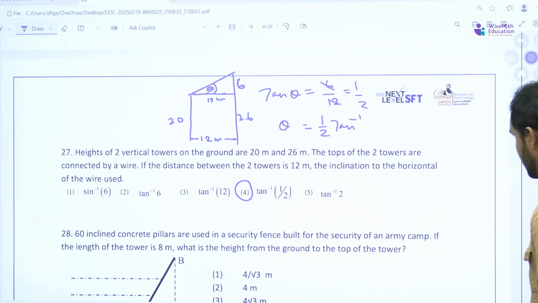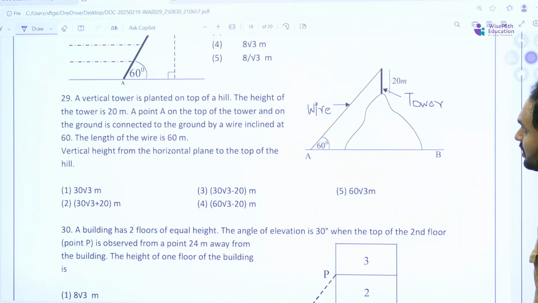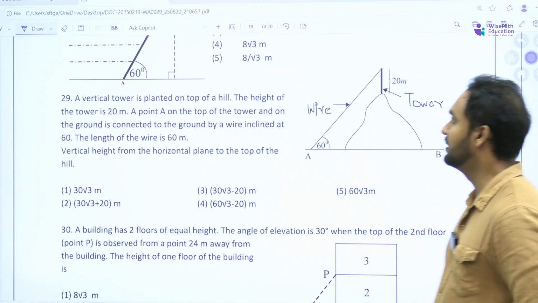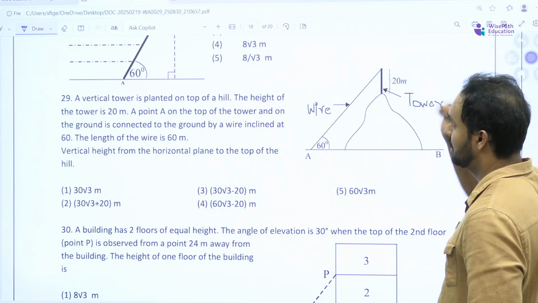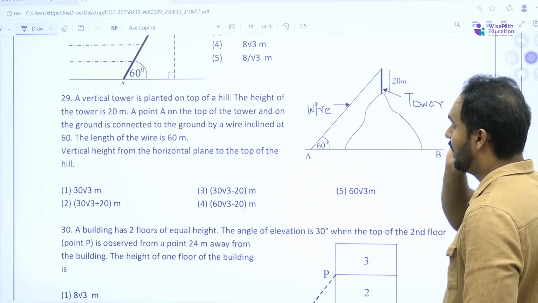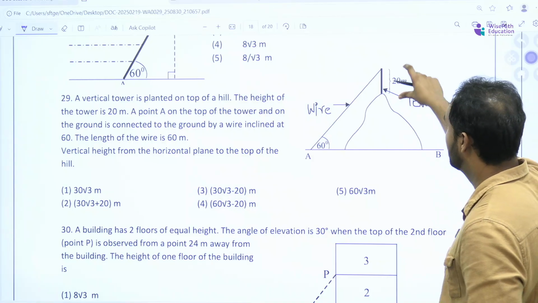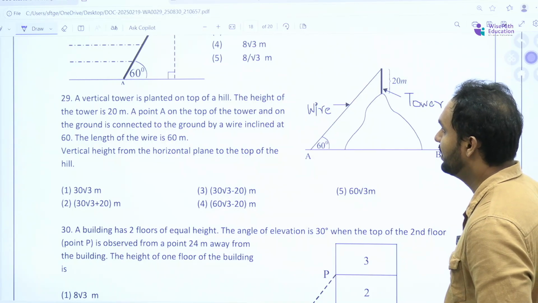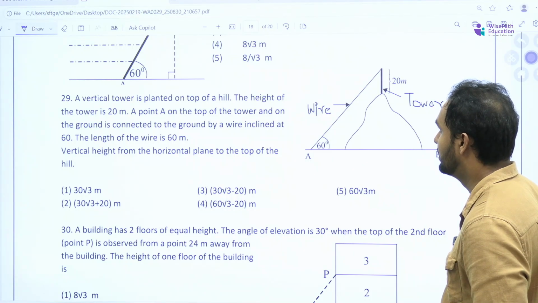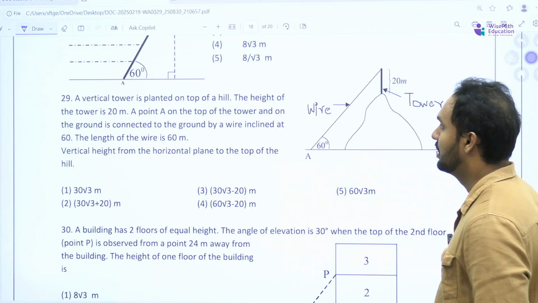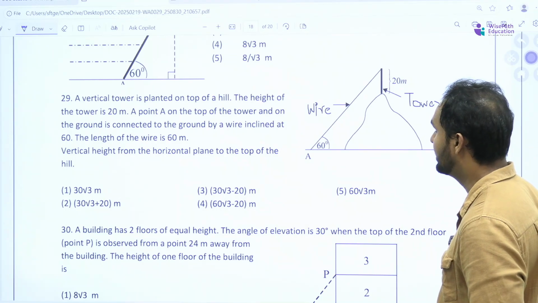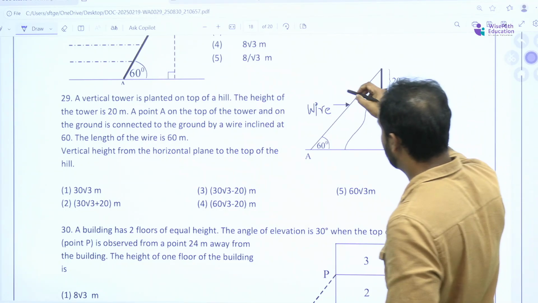Okay, now come to the next question. This one, 29. A vertical tower is planted on top of a hill. This is the hill and this is the tower. The height of the tower is 20 meters. A point A on the top of the tower is connected to the ground by a wire inclined at 60 degrees. The length of the wire is 60 meters. It's also given,